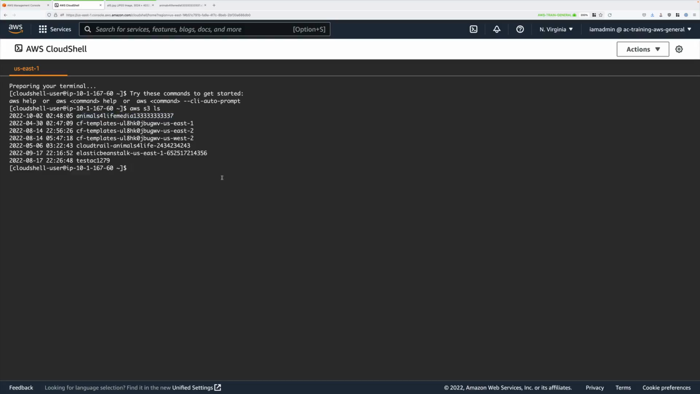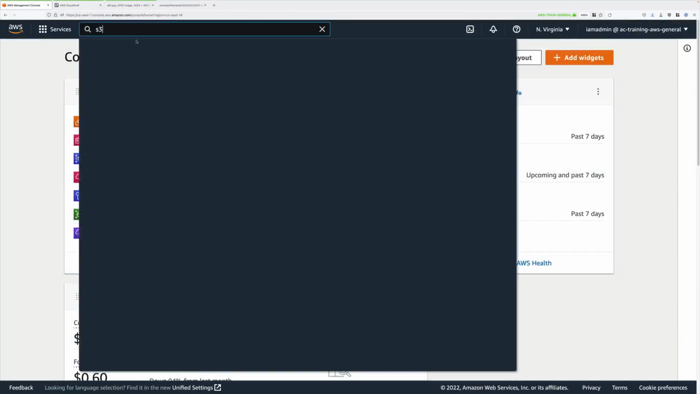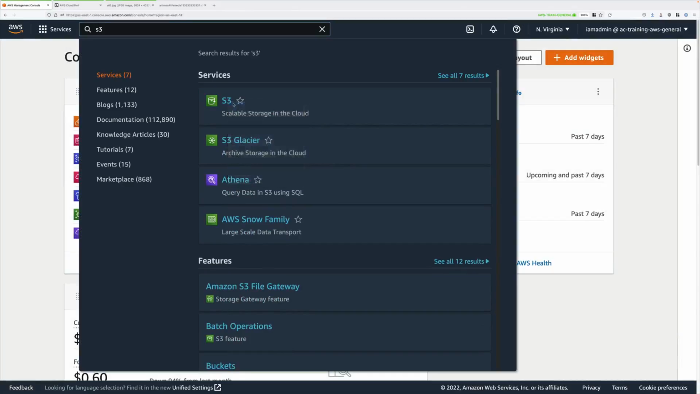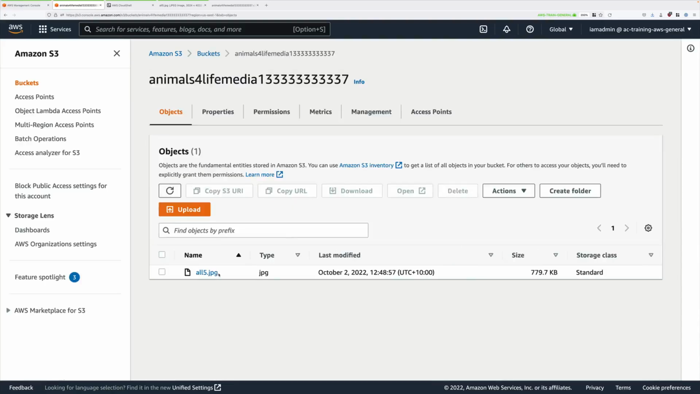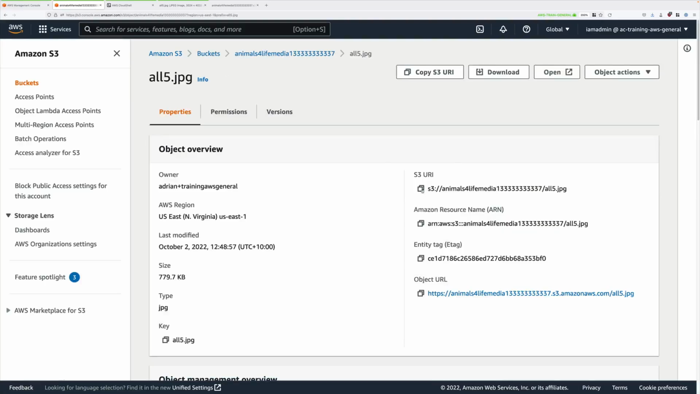Now to generate a pre-signed URL, we have to use this command. So we use aws to use the command line tools, and then a space, s3 because we're using the S3 service, and then a space, and then the word presign because we want to generate a pre-signed URL, and then a space, and then we need the S3 URI to this object. Now we can get that from the S3 console. For every object you can see this unique URI, so go ahead and copy this into your clipboard,